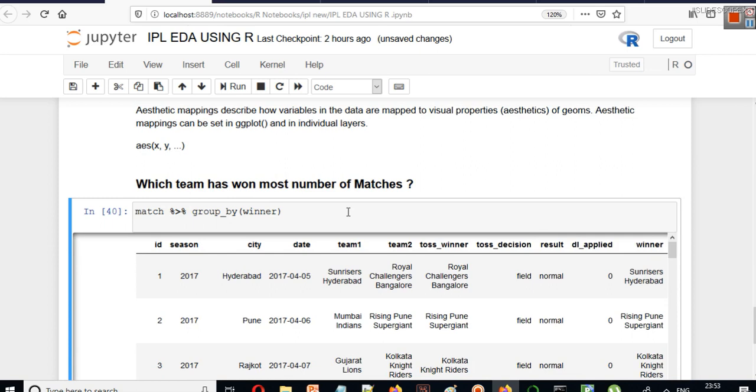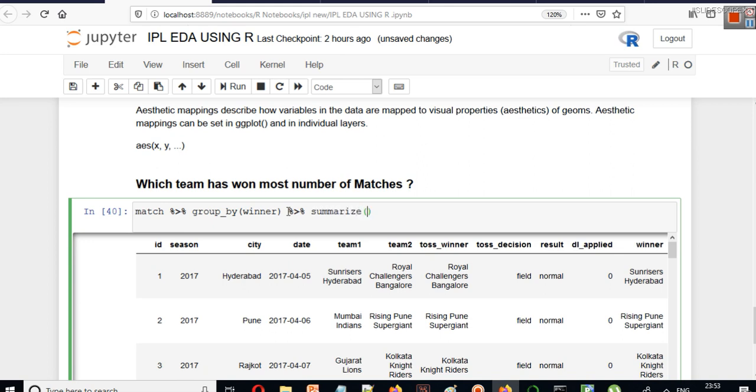After grouping by, you have to summarize it once again. You have to count it, so you have to summarize the column. So we will write percent greater than percent and then summarize.